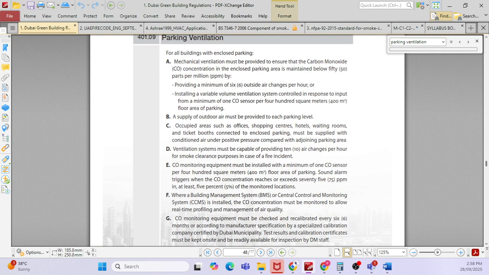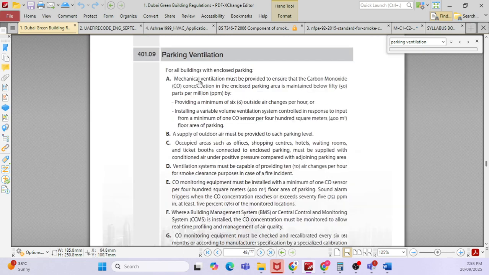If you go through our local regulations, like the UAE code, there are the Dubai Green Building Regulations. You can see there is a parking ventilation section. If you read this portion clearly: for all buildings with enclosed parking, mechanical ventilation must be provided to ensure that the carbon monoxide concentration